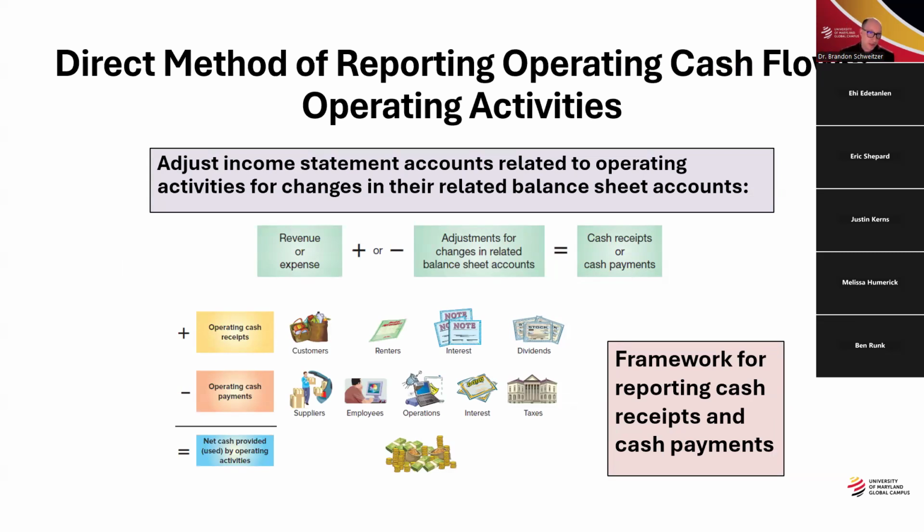We also compute the statement of cash flows from operating activities under the direct method by adjusting accrual-based income statement items to the cash basis. The usual approach is to adjust income statement accounts related to operating activities for changes in their related balance sheet accounts, as we can see on this slide. The framework for reporting cash receipts and cash payments for the operating section of the statement of cash flows under the direct method